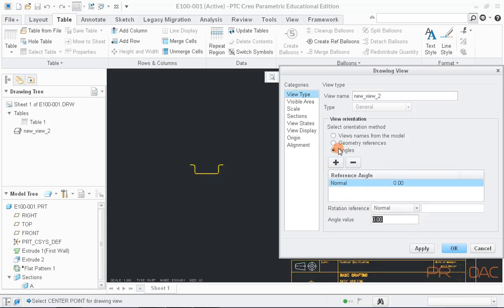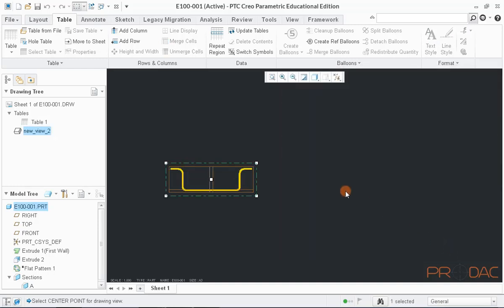To do that, select the option Angle under View Orientation and then fill in the angle. You can see that view is changing its orientation when we click on Apply button. Now click on OK button.